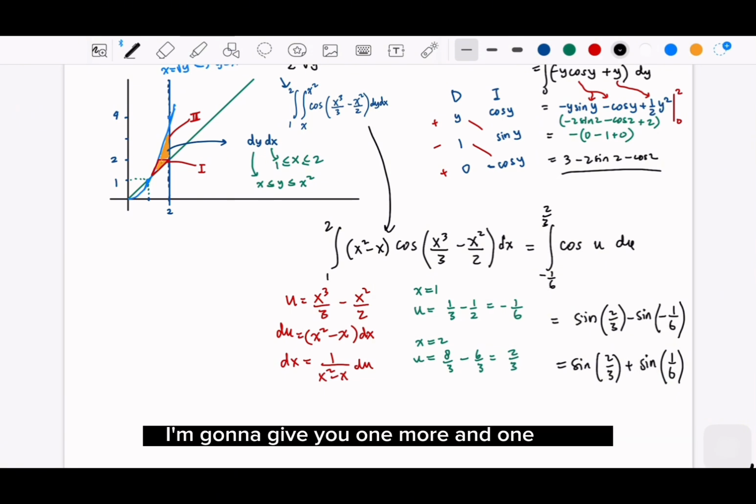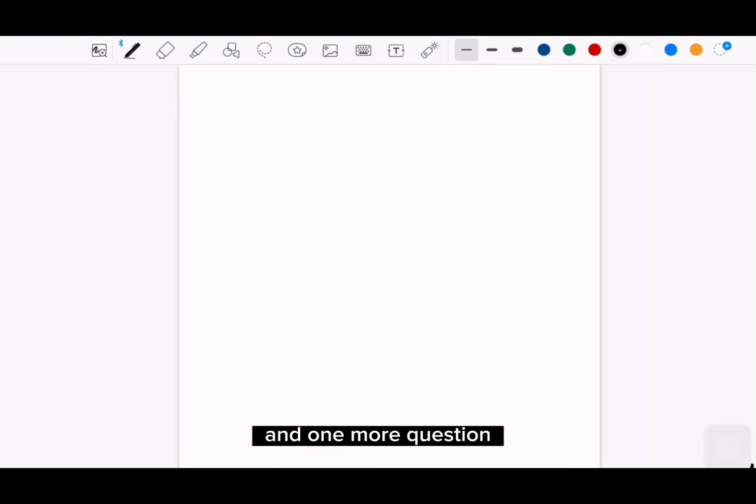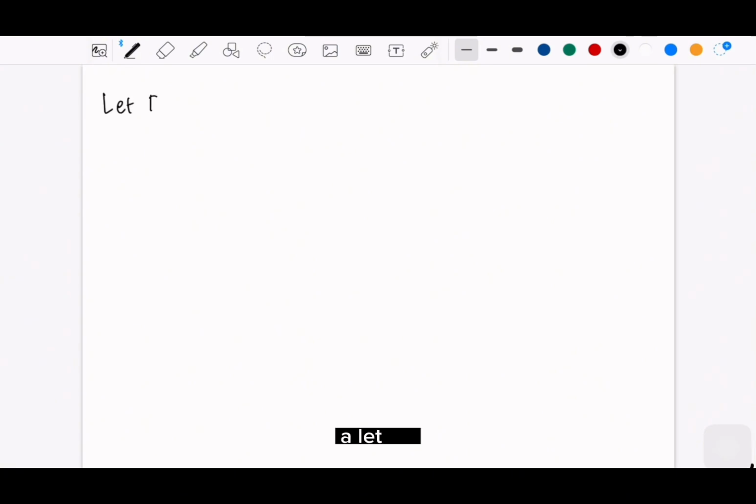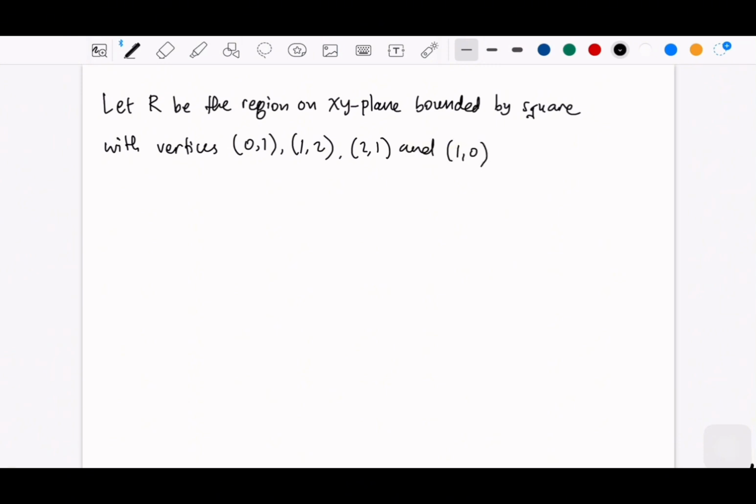Okay, I'm going to give you one more question. Let R be the region on the xy plane bounded by the square with vertices, so if